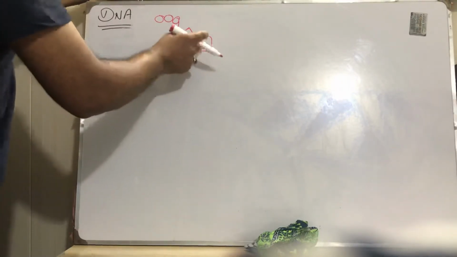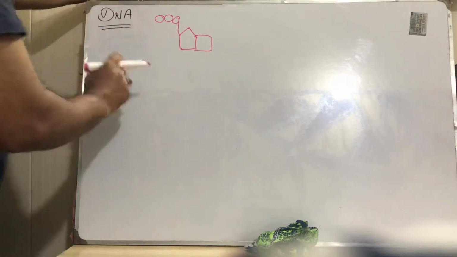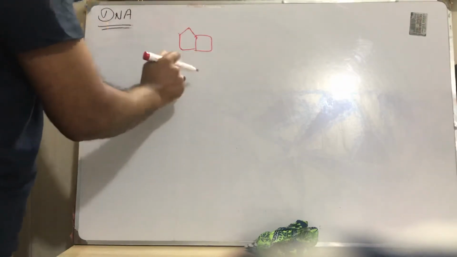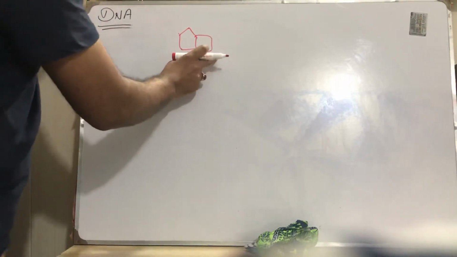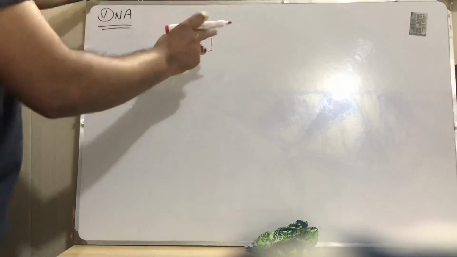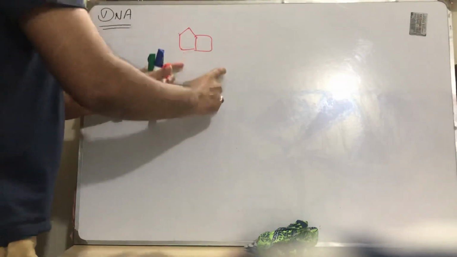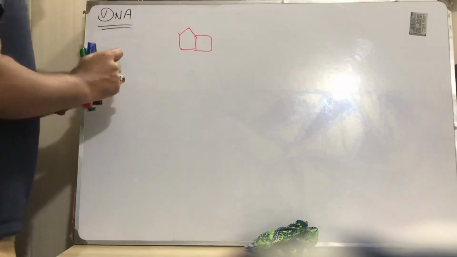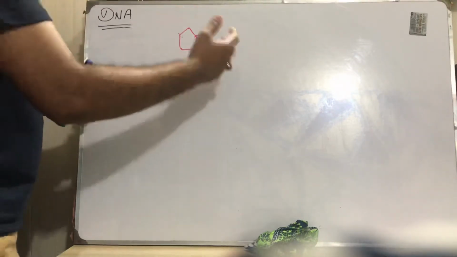If we have not attached the phosphate, only the nucleoside, then for cytosine the name is cytidine. If there is thymine, then we call it thymidine. And for adenine and guanine, it is adenosine and guanosine. Now the nucleotides are adenosine triphosphate, guanosine triphosphate, cytidine triphosphate, and likewise adenosine diphosphate and adenosine monophosphate.